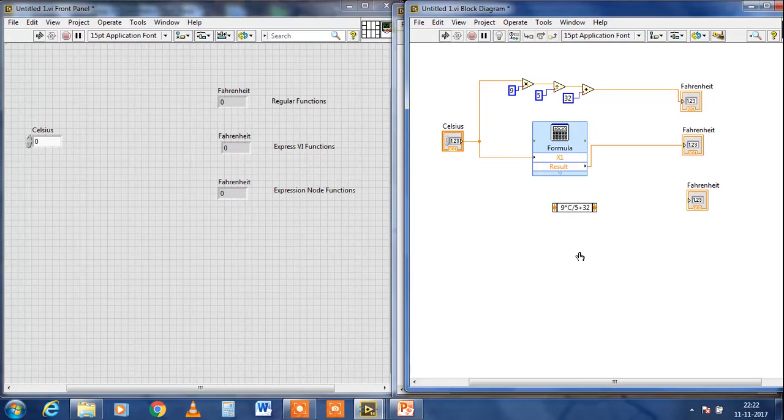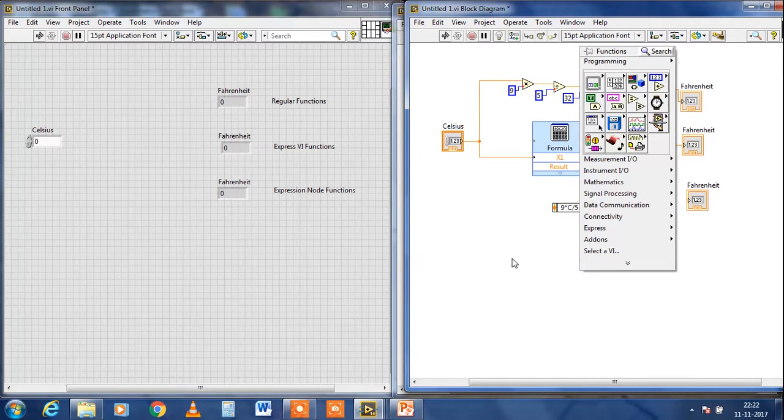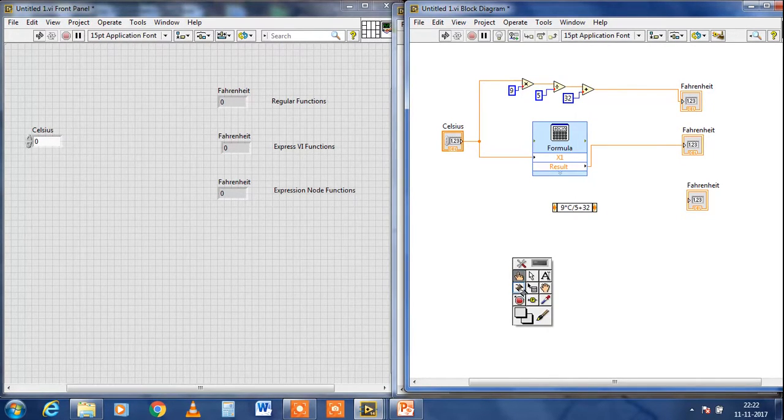After that, activate the wiring tool and select the output display and the input, that means the input.